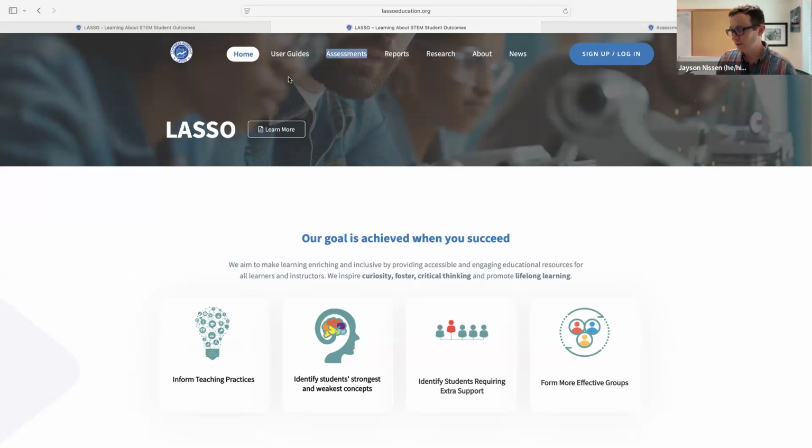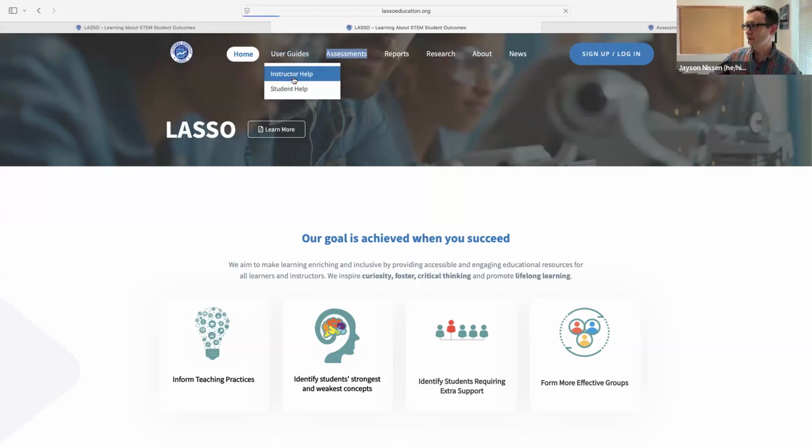I just ran one earlier this semester, and I think I had like 93% of the students take it. Much of that was just due to students coming and going at the beginning of the semester, dropping and adding the course. We have guides for how to use LASSO for instructors and for students. We have all the assessments. And for the instructor help guides,